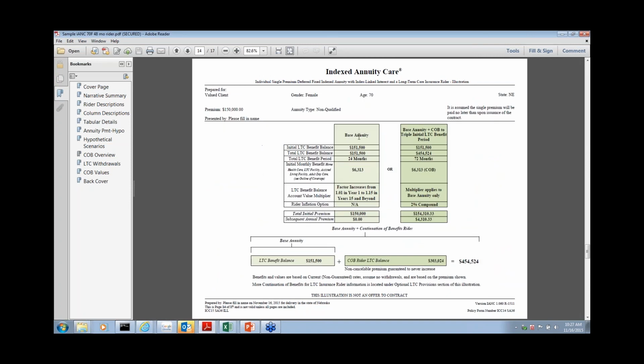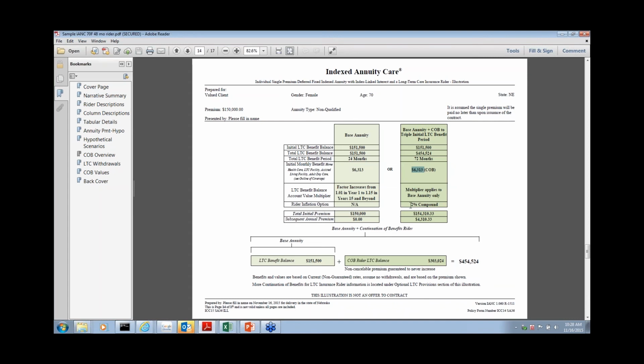So she has her base annuity, which she would deplete at $6,313 initially per month. That steps up, as we saw, each year based on either the multiplier or the account value, okay? And then after this has been depleted over the course of 2 years, she has another bucket of money here. So she's basically taken $150,000 and turned it into about $450,000. In other words, she'll use her first 24 months, and then we give her another 48 months. So her total with the rider turns her $150,000 into a pool of over $450,000 right away at $6,313